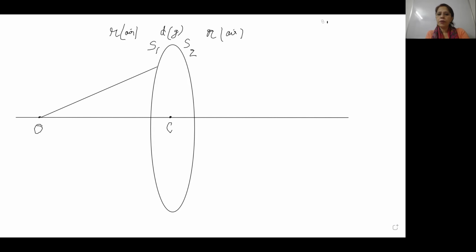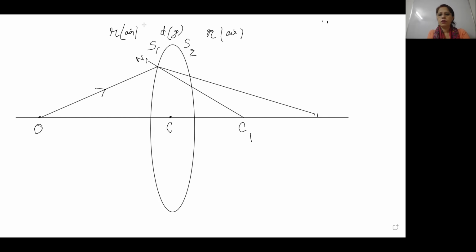Okay. Now what will happen? There will be refraction. First, the normal will be drawn over here. Normal N1. This is your normal N1. We will write here N1, and this is center of curvature C1. This is the incident ray. So what will happen here? There will be bending towards the normal because it is going from rarer to denser medium. So the bending will be towards the normal. So it will form the image over here.